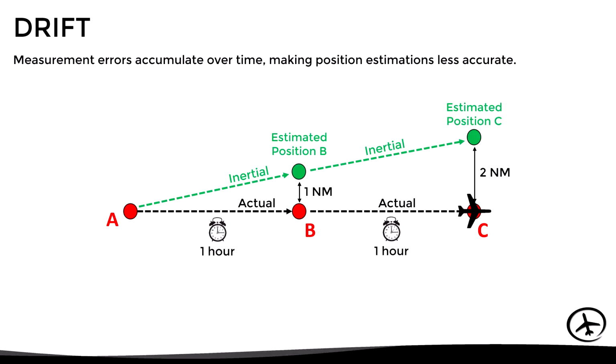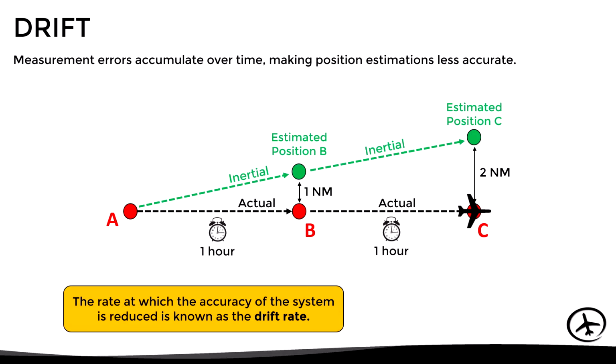As we can see, since the system errors are cumulative, the drift increases at a relatively constant rate over time, which is known as drift rate. In this particular example, the drift rate is 1 nautical mile per hour. However, it is important to clarify that each inertial system has its own drift rate, depending on the accuracy of